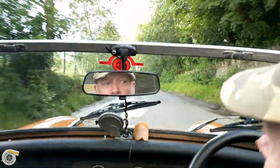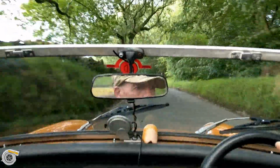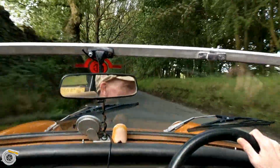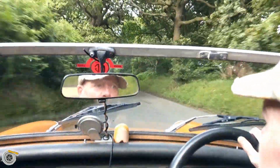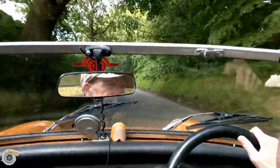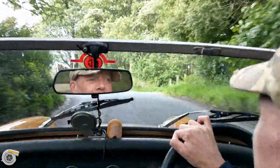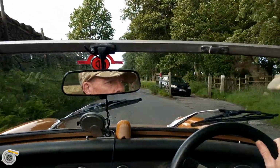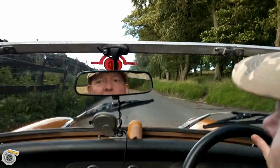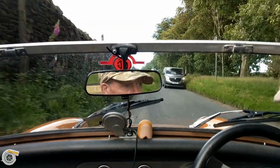This is what this car's made for, these sort of roads. A lot of it's single track though, so it can be a bit sketchy. There's a part I should talk about, which is about brake horsepower